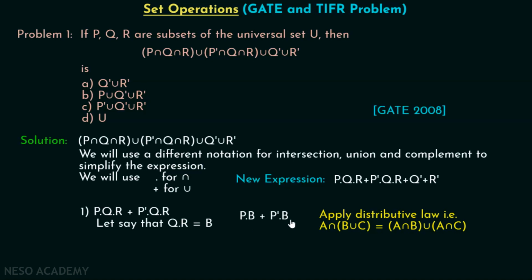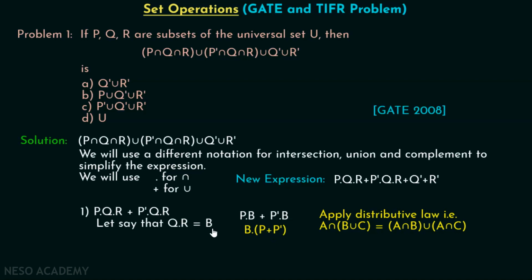Here we can replace this expression by B dot P plus P complement according to the distributive law, right? Isn't it like we have taken B common from both sides? So next time when you see such expressions, you know what to do. Just take things common, right? Here it is similar to taking B common outside, and inside we are left with P plus P complement. So this is our new expression, that is B dot P plus P complement.